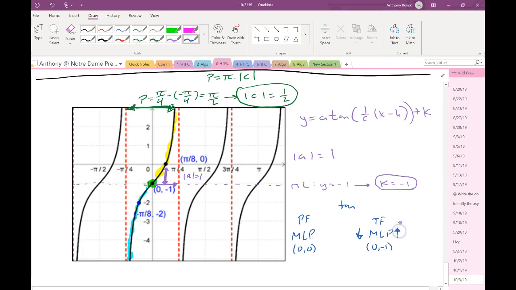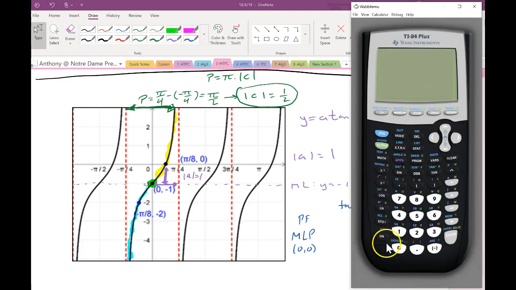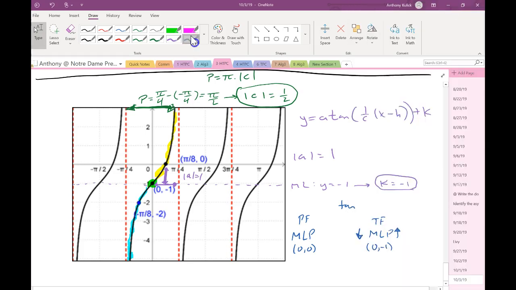Okay. Let's check the parent function as to what's going on. So here we have the midline point is 0, 0. To the left of it, our graph points down, and to the right of it, our graph points up. That matches. Everybody agree with that? So that tells me that A is just 1, C is just 1/2,